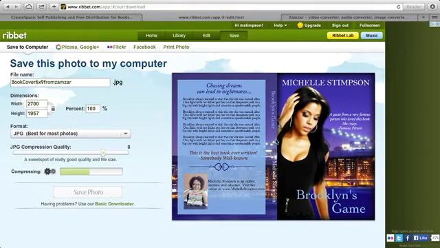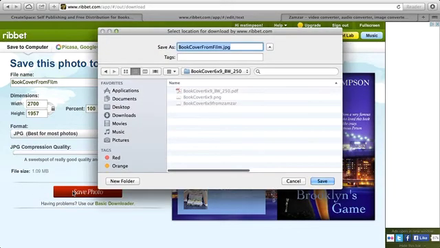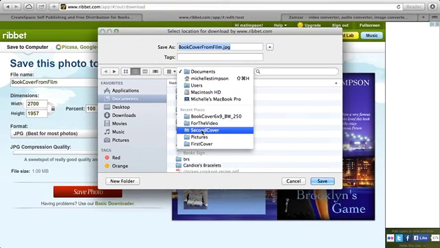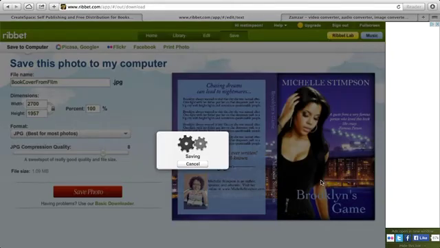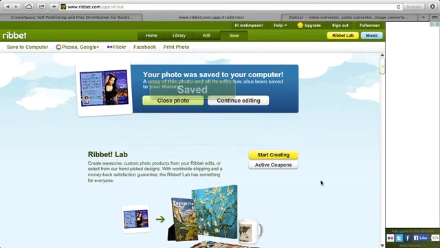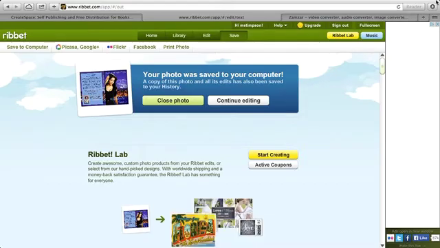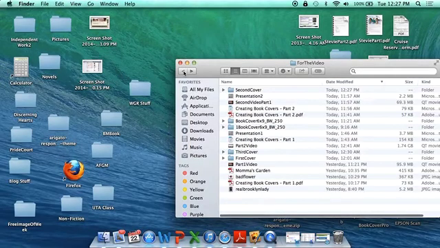Now it looks funky right now, but don't worry. This is going to be book cover from film. Save it. And I'm going to save it in book cover 2 is what I want to do. Second cover. Book cover from film. Perfect. Now what's going to happen is, when you save it, of course it's saving it in JPEG. But to upload it to CreateSpace, you want it to be in